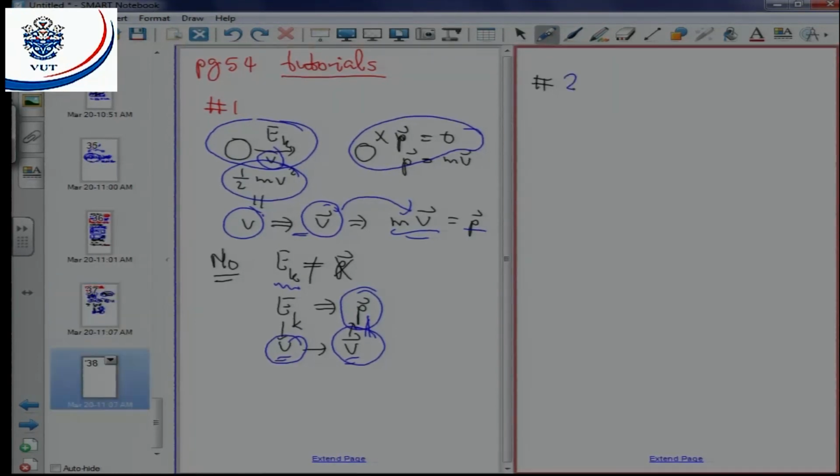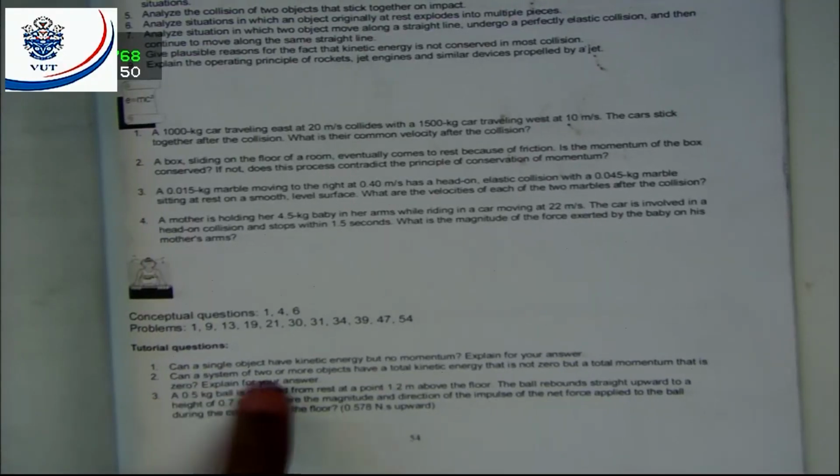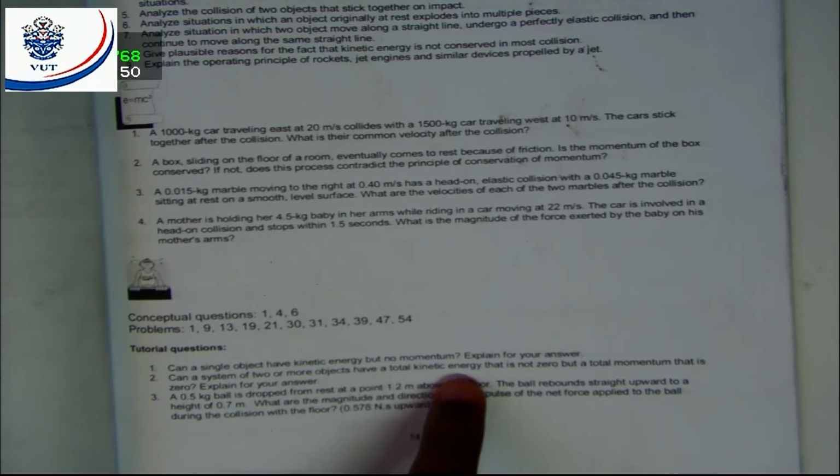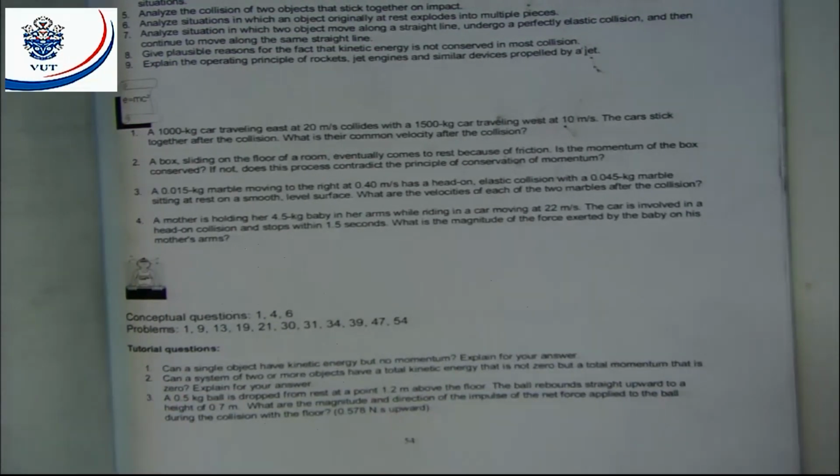And then now number two. So let's read number two. Number two says, can a system of two or more objects have a total kinetic energy that is non-zero, but a total momentum that is zero? And explain your answer. Okay, so here